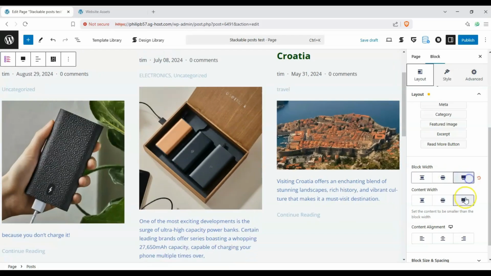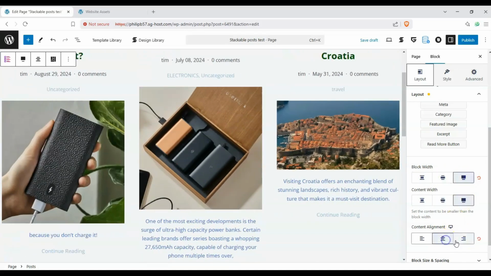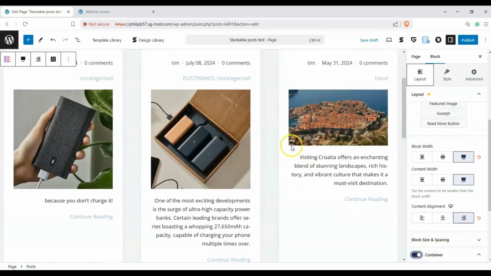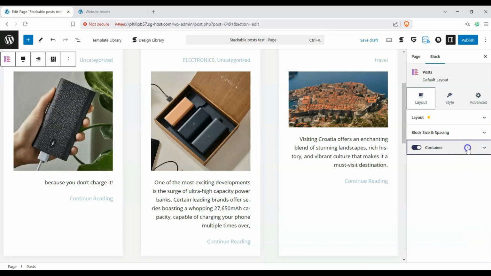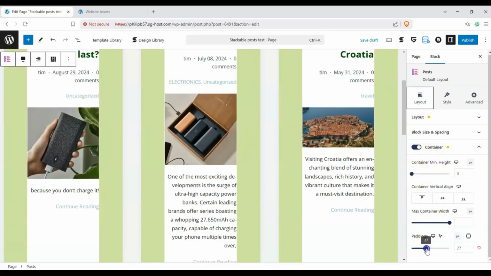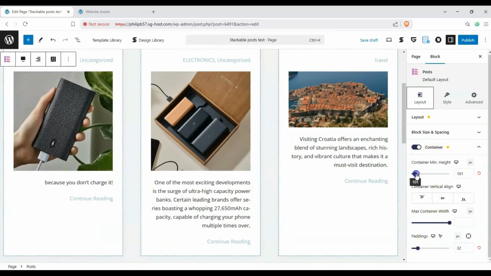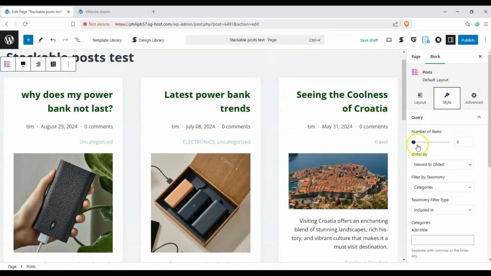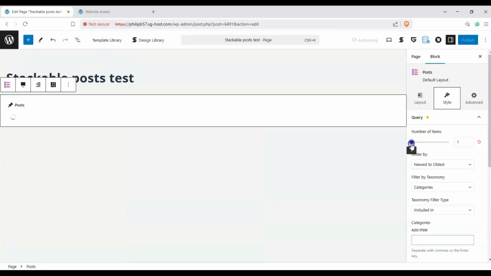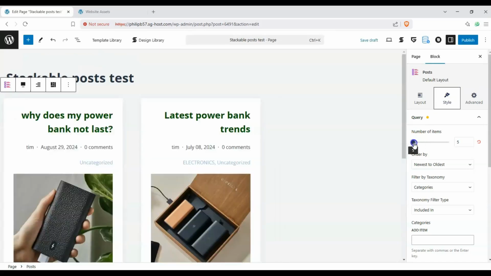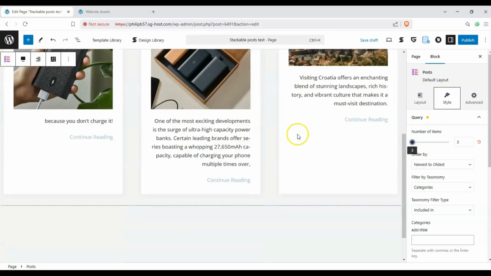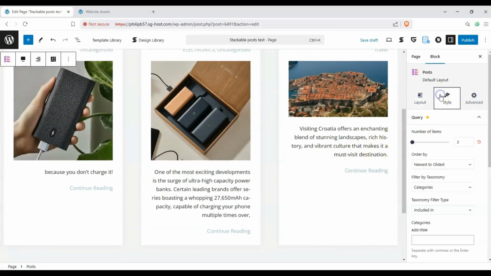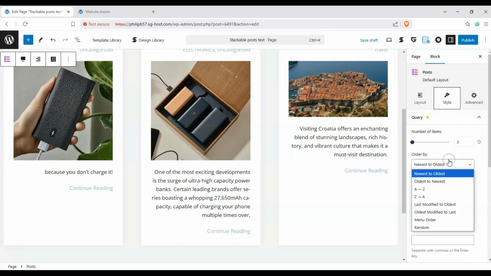Also change the block width and the content alignment, right? Spacing, we can also put a container on these, as you can see. And we can change the paddings for these, and then the minimum height, and so on and so forth. Next, we have the Style tab, and we can change how many items we put on here. So we can put 3 items for this layout, even if we can specify for more. And we can order them